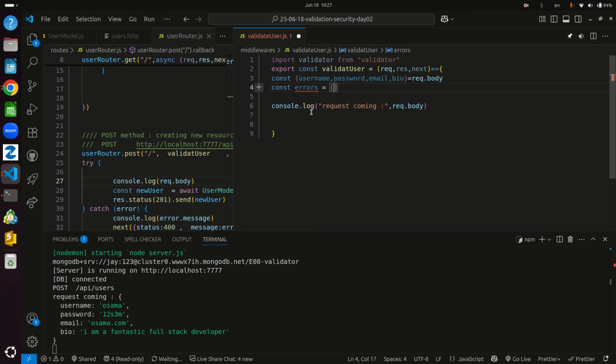If we push errors to this and add them to the front end, that's normal. Let's start with the normal if condition. If the username exists,